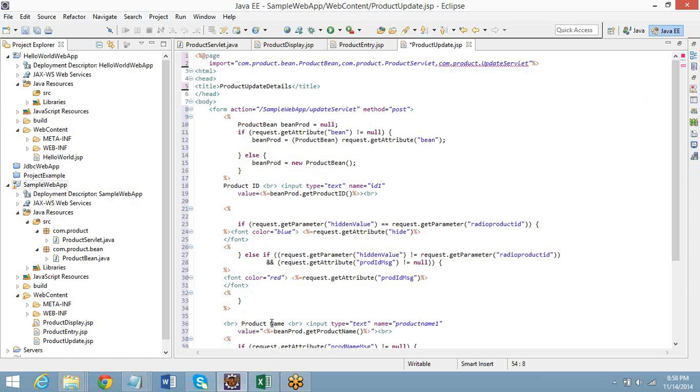Shall I run this code and show you? No, the product update page has an error on top. You see there is an error. Why did you import that? I don't understand why an import is required here. Update servlet. Yeah, I had a servlet and I was trying to do this. It's all my trial and error methods I was using at the end of the day.